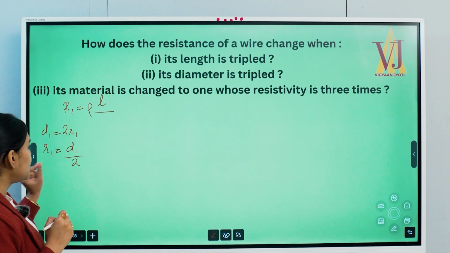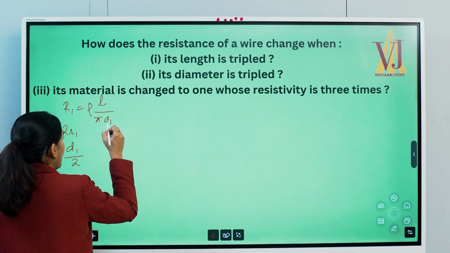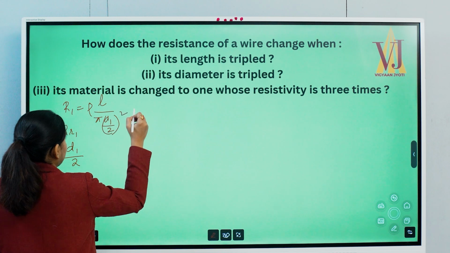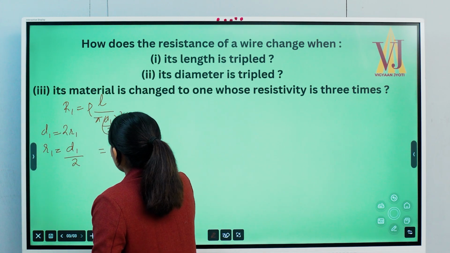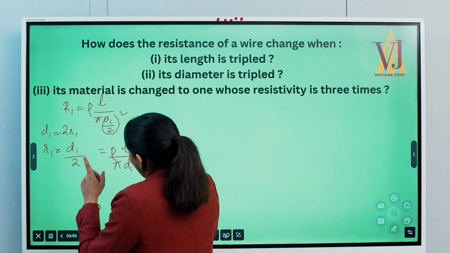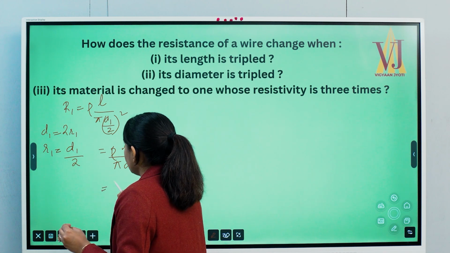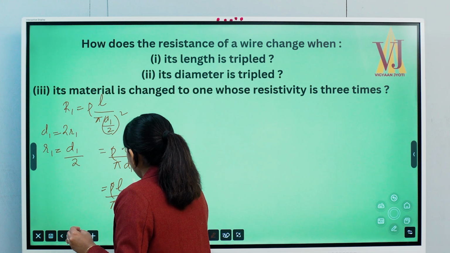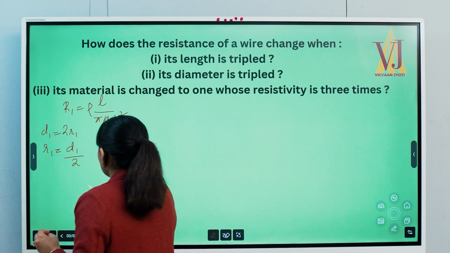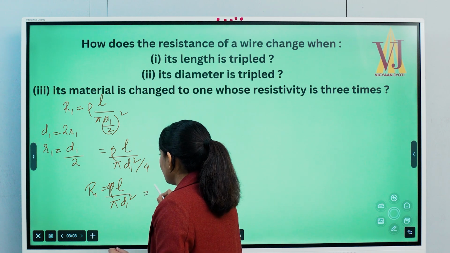Fine. That means R1 is equal to D1 by 2. Now pi R1 square, that means pi times D1 by 2 whole square. Clear? Okay. Now what's the answer? That means rho L over pi D1 square, and down it will be 4, right? The 4 will go up, so it is rho L over pi d1 square, and here it will be 4. Clear? So that means my resistance for the first scenario is, I'll just write it more properly,